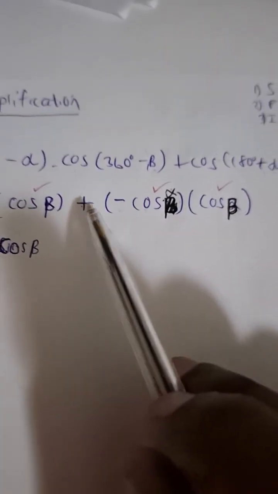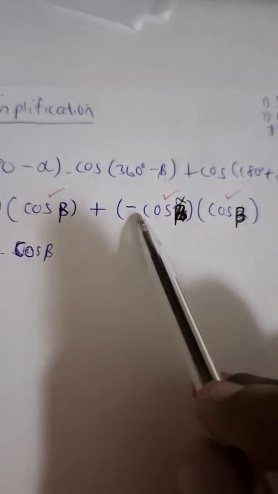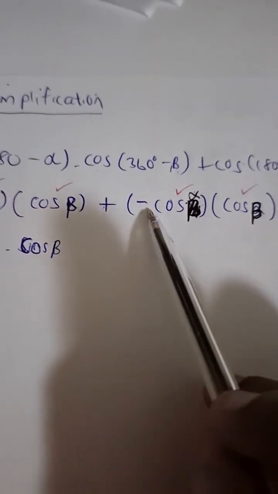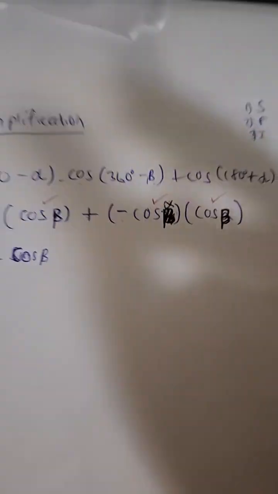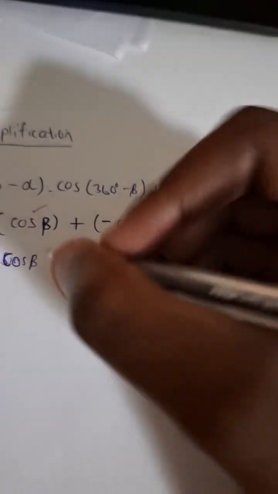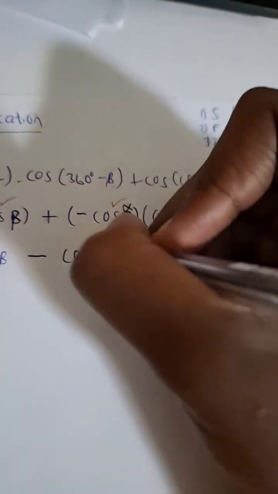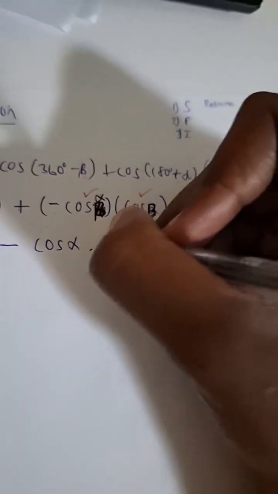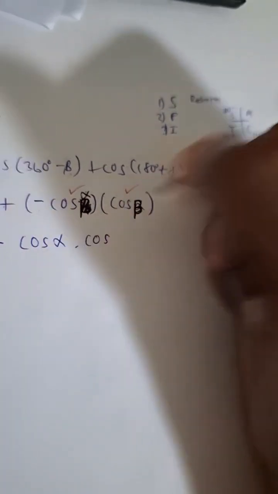Let's look at this one. Positive times a negative times another positive. What's positive times a negative? That is negative. Then a negative times a positive still gives me a negative. So my middle sign is no longer positive, but it is negative. Then now I can write cos of alpha followed by cos of